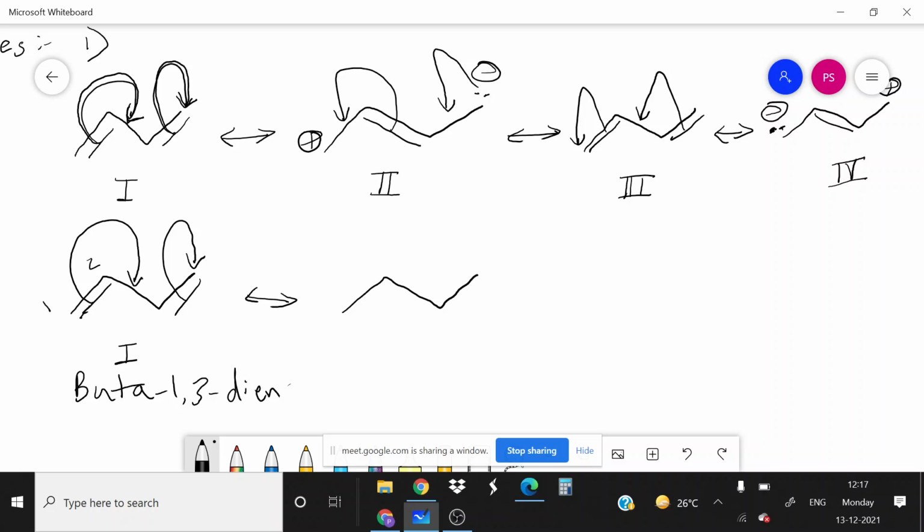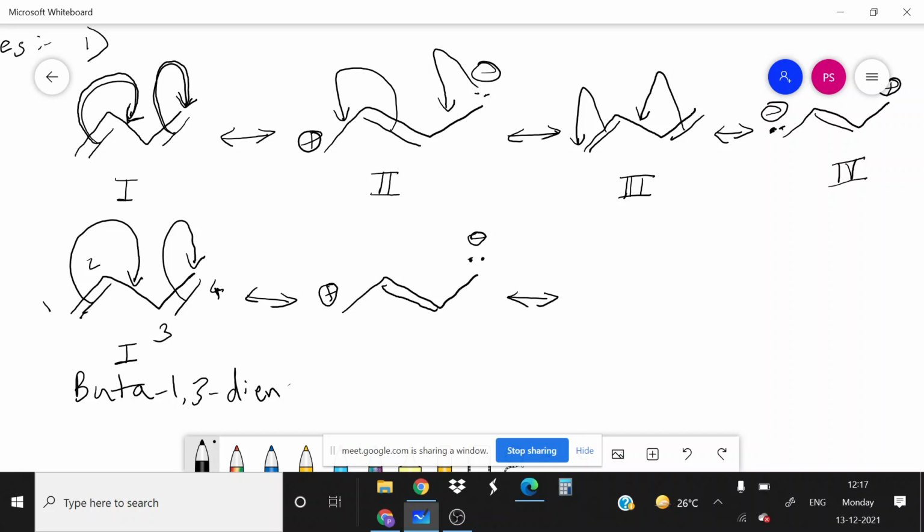carbon number 1 to between carbon number 1, the pi bond shifts in between carbon number 2 and 3. And the pi bond of carbon number 3 and 4 shifts onto carbon number 4. So I am going to put a new bond here in between the second and third carbon, and the electron pair on the fourth carbon. So the fourth carbon will acquire a negative charge. Of course, the electrons are moved away from the first carbon, so the first carbon will acquire a positive charge.